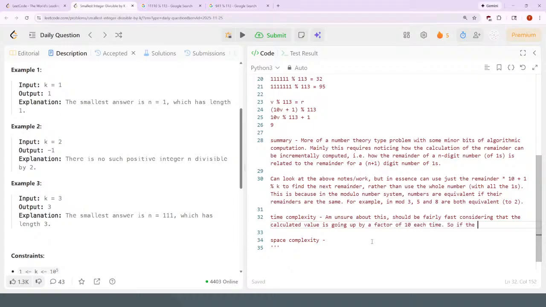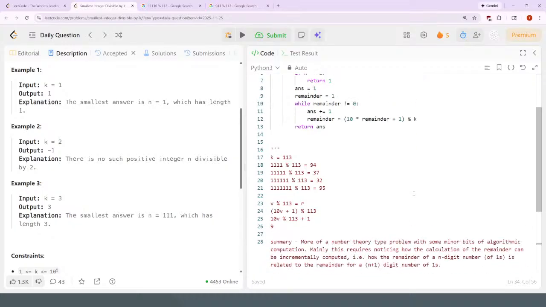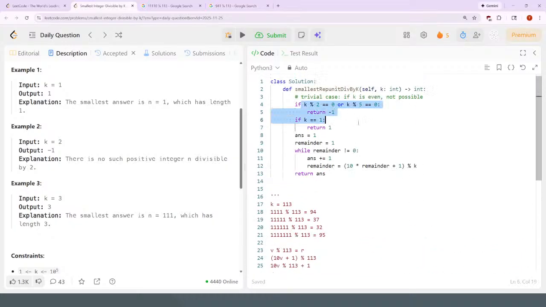So if the maximum k value is, I'm going to guess something like O of log k, maybe. Space complexity, let's say O of 1, since no extra space is needed. There's some other stuff in terms of having a solution that takes into account the impossible cases or